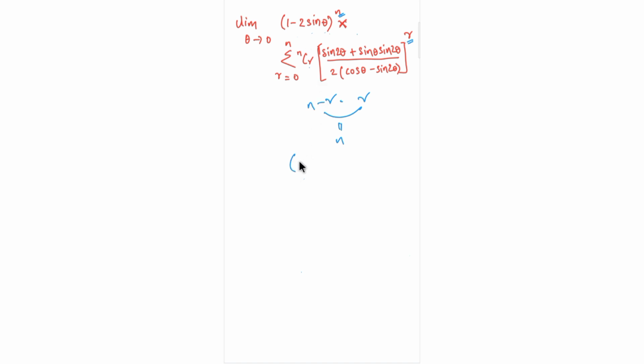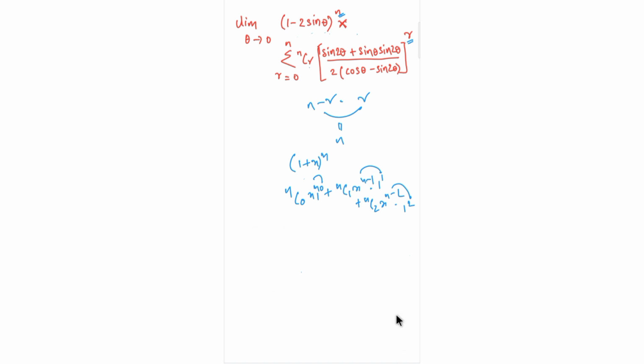If I write (1 plus x) whole power n, I get nC0 x power n plus nC1 x power n minus 1 plus nC2 x power n minus 2, and so on. Here n minus 2 plus 2 gives n, n minus 1 plus 1 gives n, 0 plus n gives n. So I need to shift this into a binomial expansion of power n. For that we need to do some manipulations first.